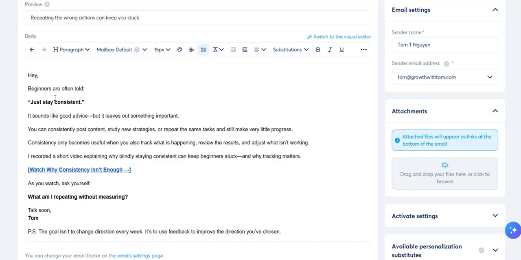So instead of rewriting these emails, the cool part is that we can actually make this email shorter. And then from there, we run another 500 leads to see if that click-through rate actually improves.